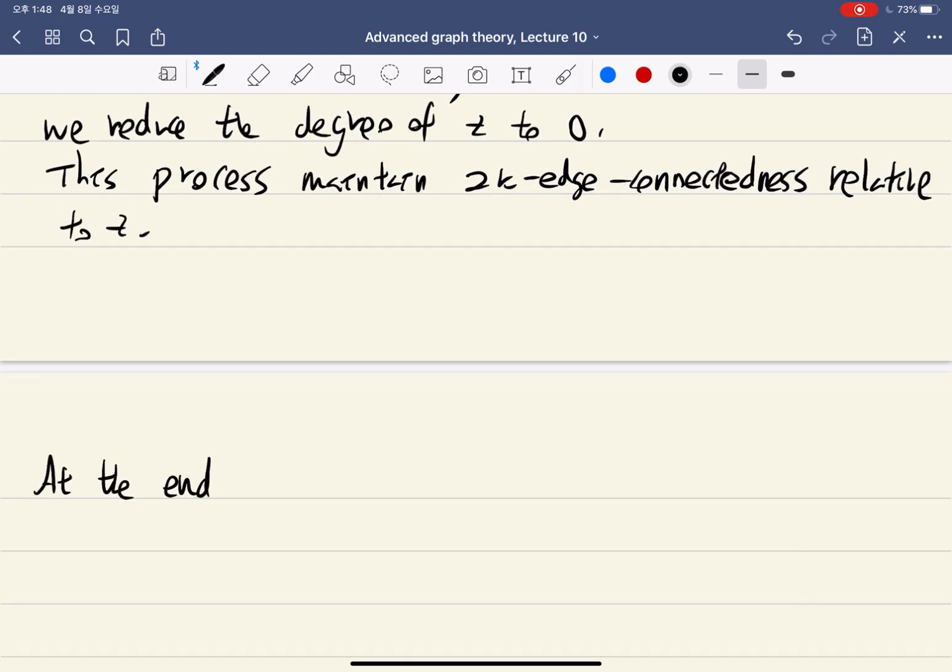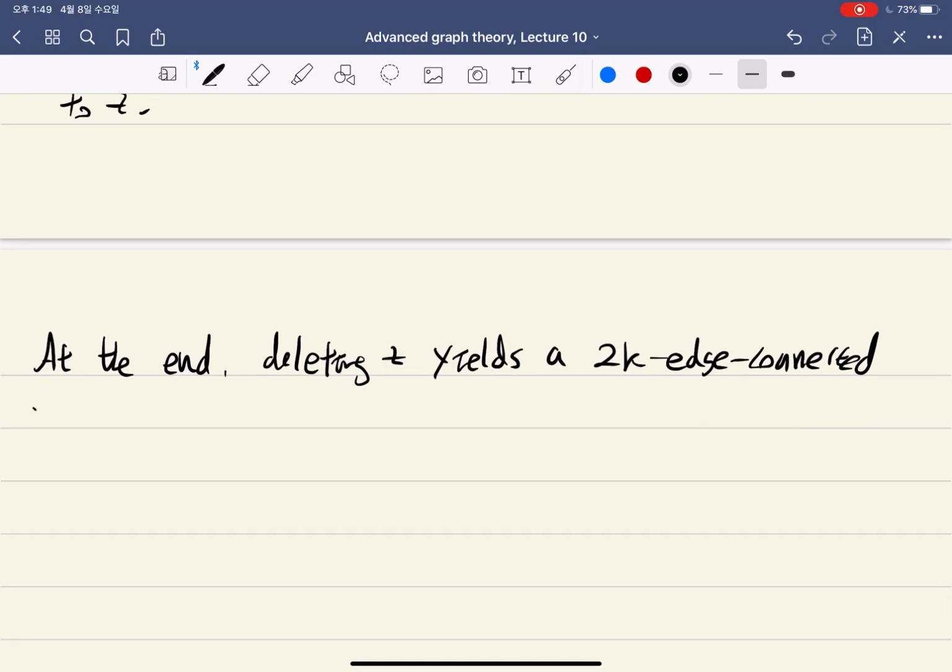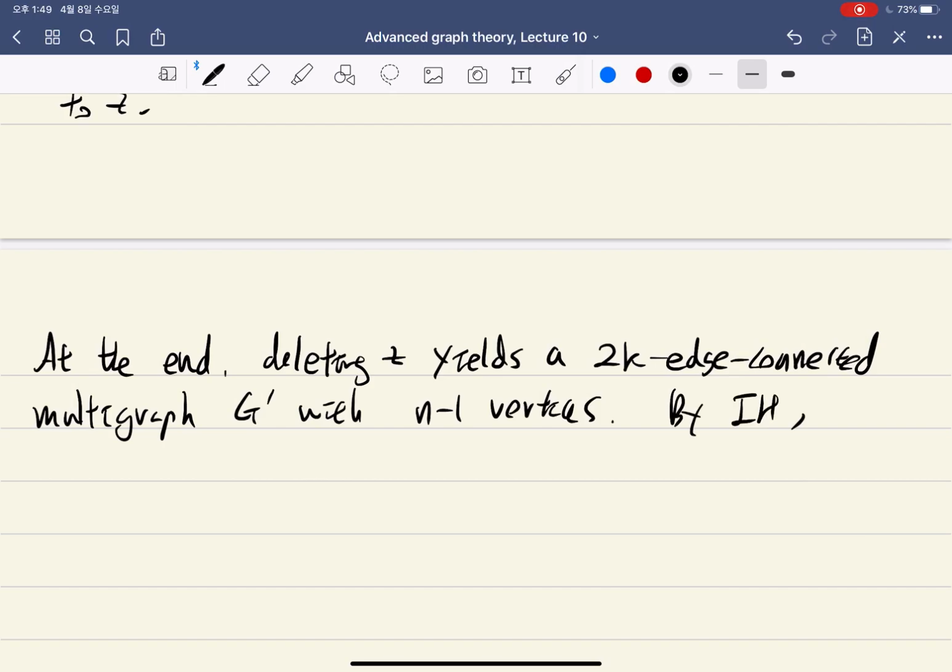And at the end, we have a vertex g with degree 0, and we delete g, and we have a 2k-edge-connected multigraph G prime with n-1 vertices. By the induction hypothesis, G prime has a kh-connected orientation,